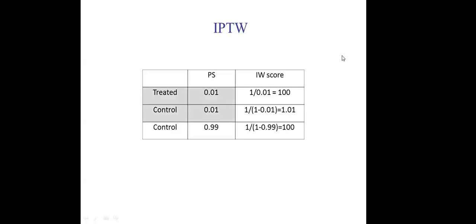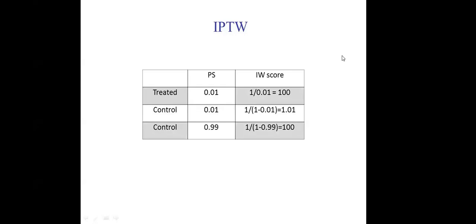Normally when we say people have similar propensity scores, we would say this treated patient and this control patient had the very same propensity score, 0.01. So we could use them in a way that I'll describe in a minute called matching. However, with the IPTW method, we would look at the inverted score and we would match the treated person with a 0.01 to the control with a 0.99 because they both have scores of 100. Now, what does that mean? How are we analyzing